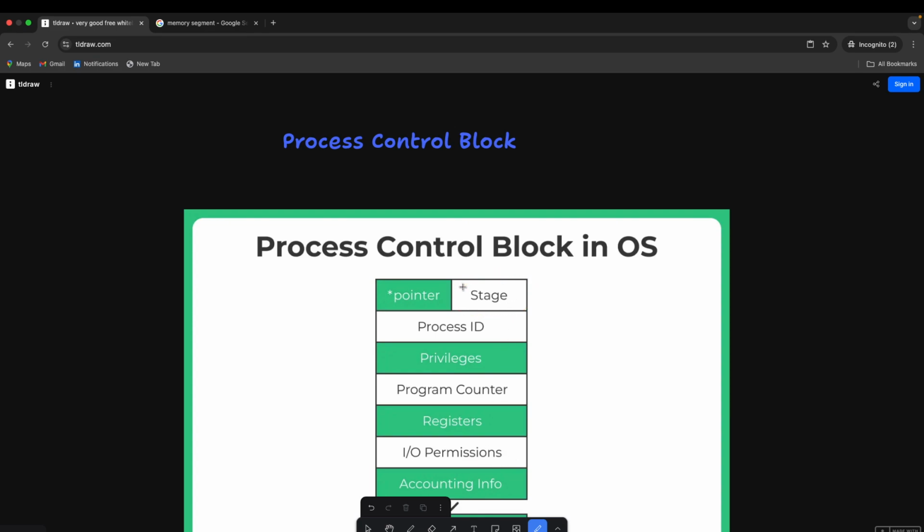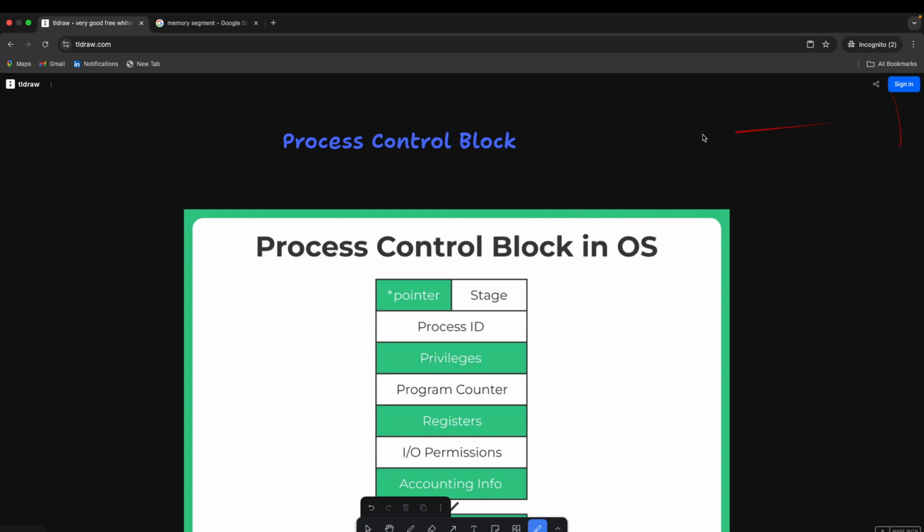As we mentioned, a process can go through a variety of states. Ready means I am ready to get executed. Running means I am on the CPU. Waiting means an IO event has occurred and I'm waiting for its completion, and then I'll go and sit in the ready queue again.